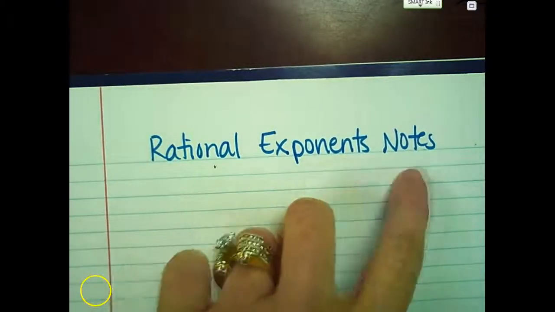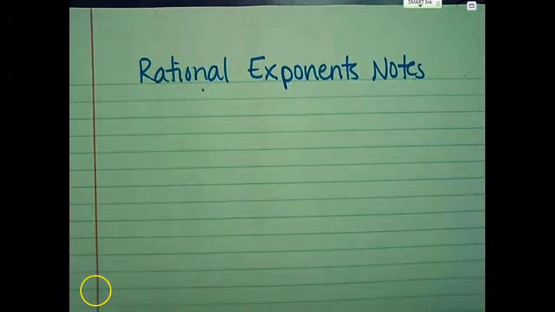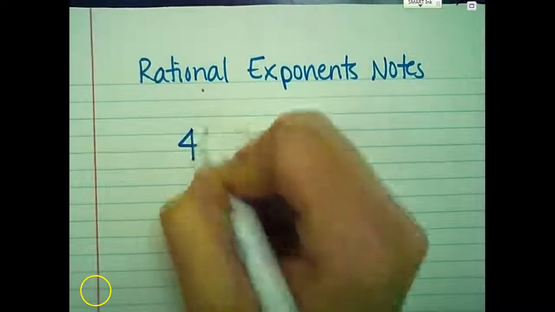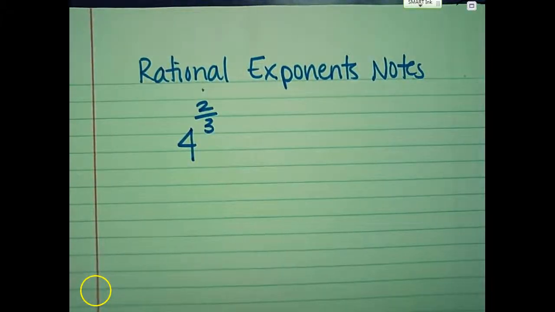Rational exponent notes. Like we said before, a rational number is a number that's a fraction. So these are exponents that are fractions. If I told you, for example, 4 to the 2/3, it's got a fraction. That's an exponent. What it means, though,